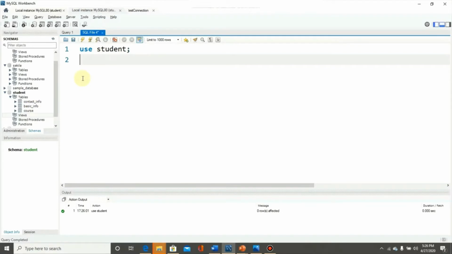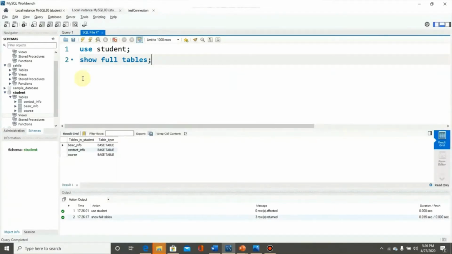But through code we can also check this. So I must type show full tables. We will get the names of all tables. In case there is any view, then we will also get that view in this list, and here we will have view instead of base table. So suppose there is a view, and we want to filter the result and get only the views. For that purpose we must type show full tables where